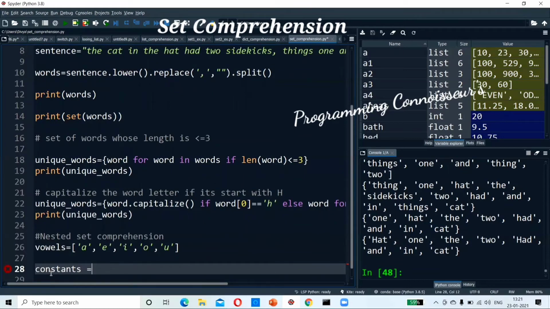So now consonants. Okay, consonants. Sorry.